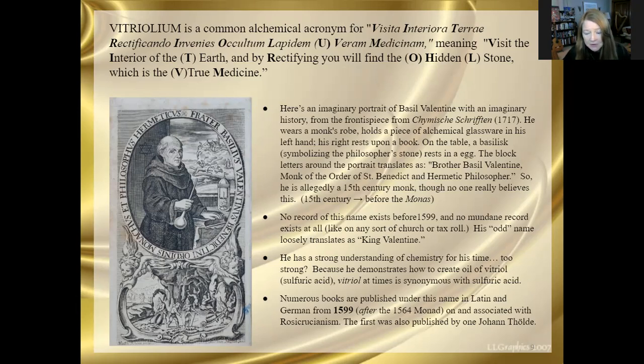Numerous books are published by Basil Valentine or by someone under this name anyway. The first one is in 1599, and that first one was published also by one Johann Thölde. Now, there was a whole speculation among the very small number of people who cared about such things about who Basil Valentine was. The trouble is Basil Valentine is just too prolific. He churns out a bunch of texts in the early Rosicrucian era, and then he quits. So now the consensus is that this was some group of individuals who were publishing under that name,